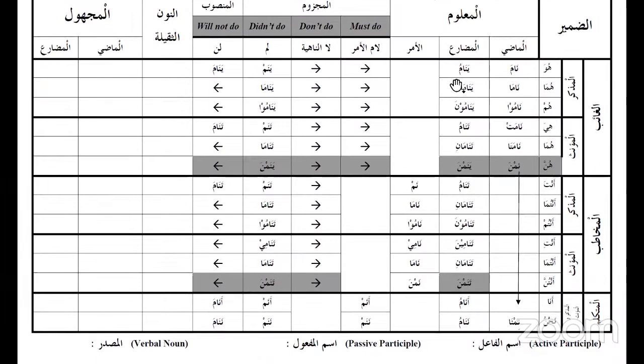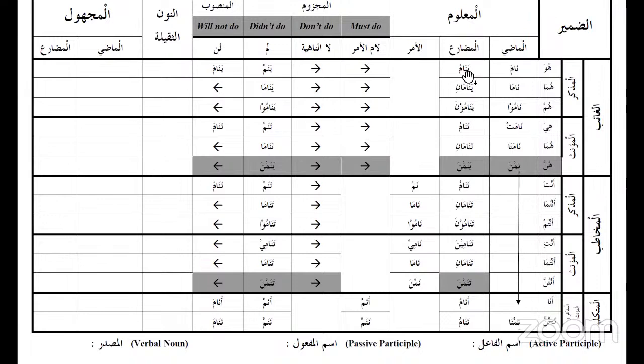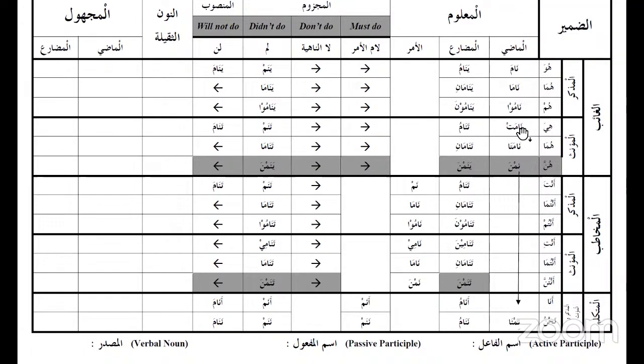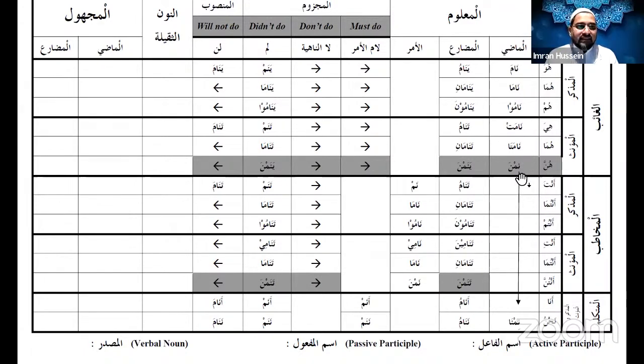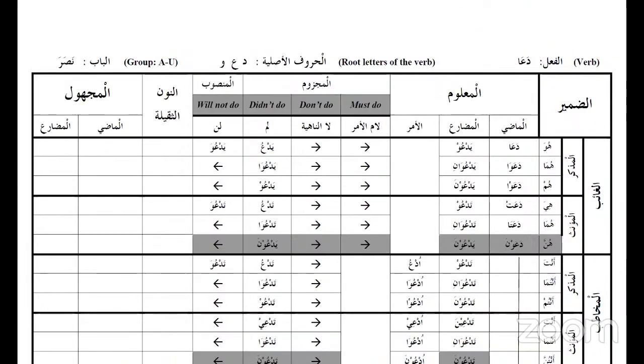The way they're changing, like from the fifth one, like nimna. As I said, if it's on the pattern of qala yaqulu, if it has a waw in the present tense, then the past tense for the sixth form, hunna, the first letter will have a dhamma. But like yanamu, if it has a fatha, or if it's yanimu, for example, if it has a fatha or a kasra, then from the sixth form, after dropping the alif from the middle, it will get a kasra. Nimna. Okay.